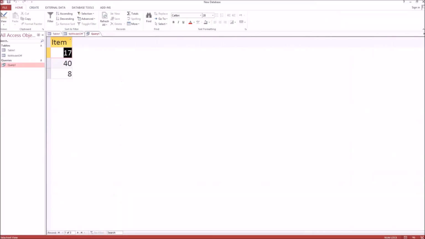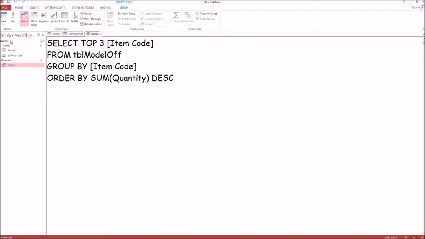To answer this question, we will also continue using the top keyword, but we will change that top 3 to top 1 because we only need to know the name of one salesperson and the associating item code that they sold. So top 1 salesperson, item code